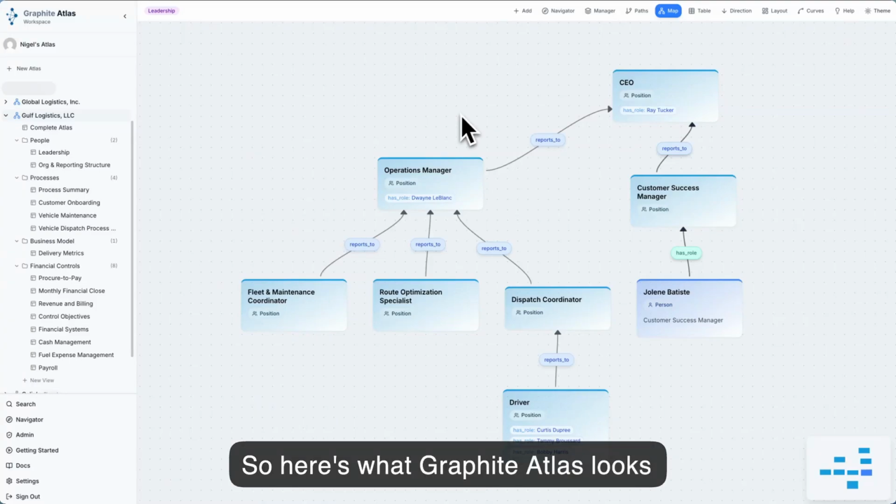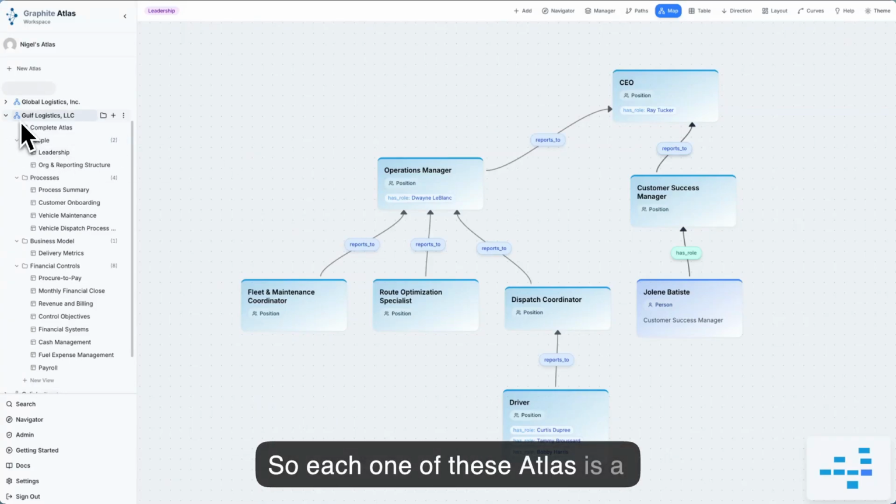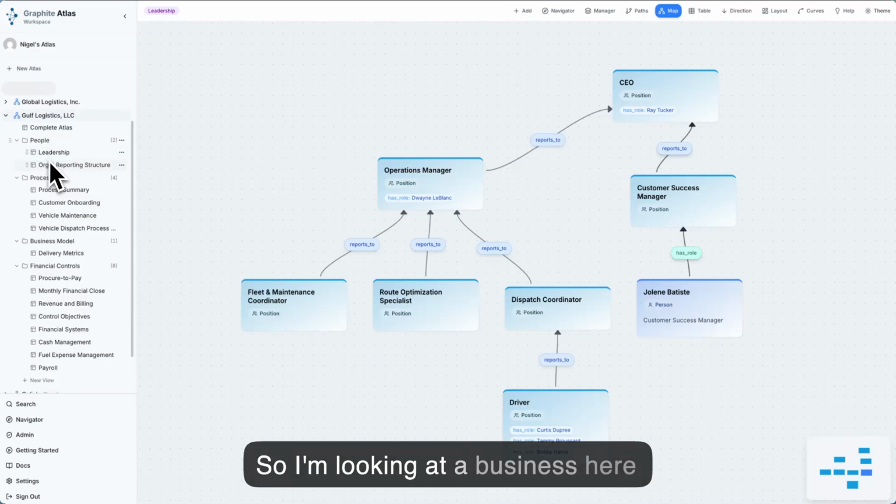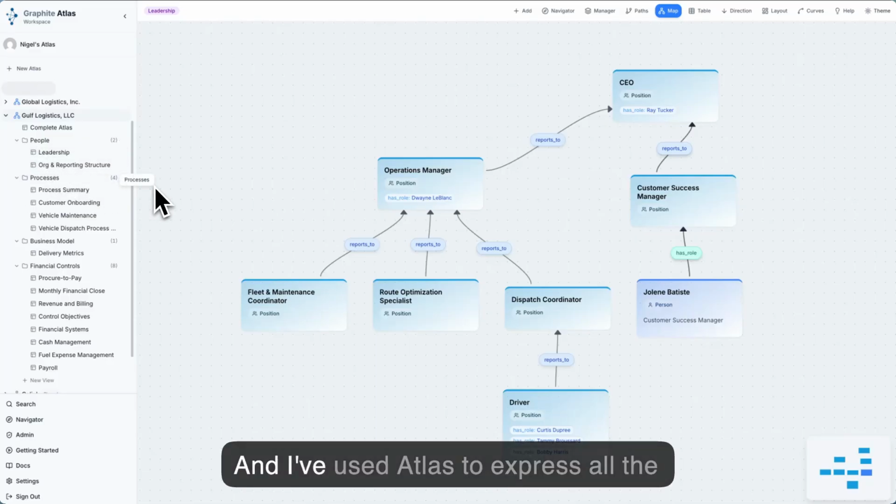So here's what Graphite Atlas looks like. Each one of these atlases is a contained graph database. I'm looking at a business here called Gulf Logistics, and I've used Atlas to express all the different connected